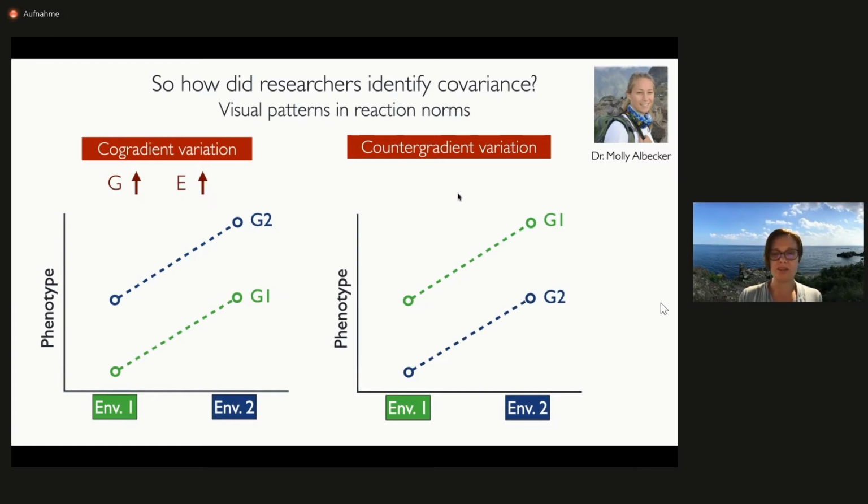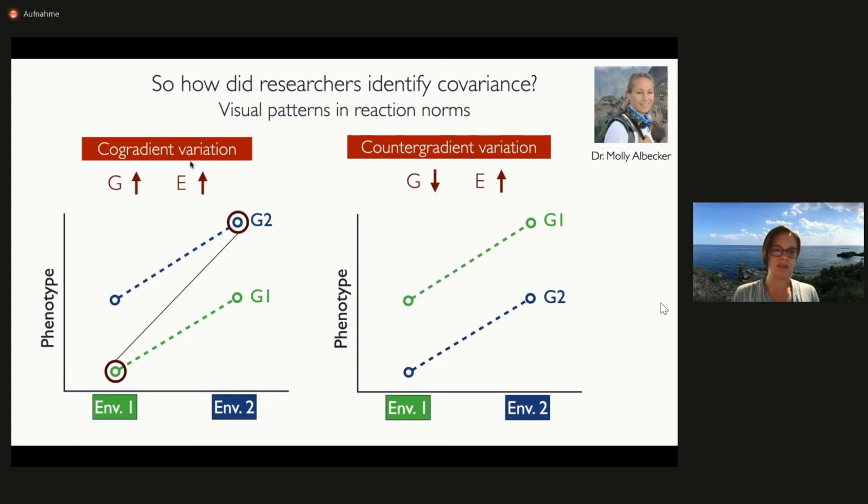In contrast, if we have a decrease in the genotypic effect from environment 1 to the genotype that evolved in environment 2, that's a negative G effect. But this environmental effect, the plasticity here, is still positive. So in this case, there's a negative COVE-GE because those genetic and environmental effects oppose each other.